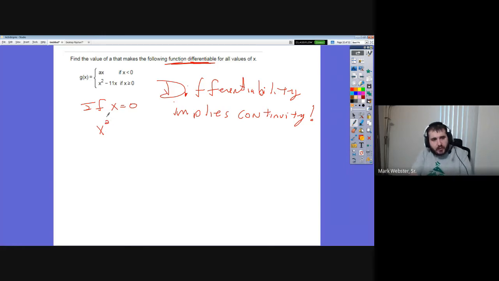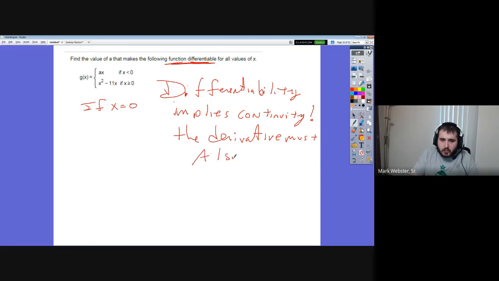And the other thing that we need to be able to do is say that the derivative must also be continuous. Because here we plug in 0, we don't get anything, right? We plug in 0, nothing happens. It's just 0 equals 0. So what we have to do